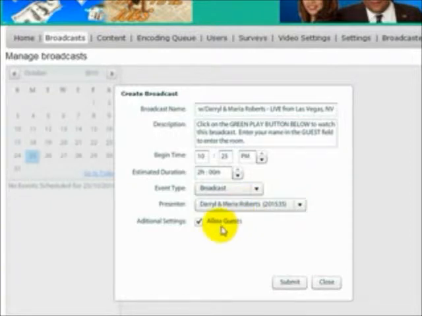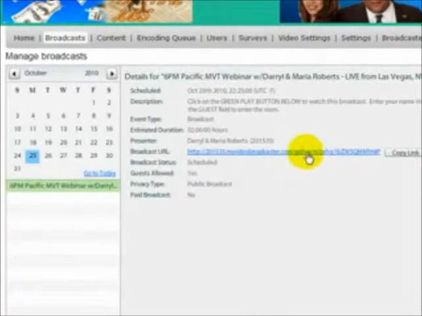Keep the presenter there, and also keep your settings. If you're going to have an audience and they're a public audience, just keep it at allow guests. Alright, pressing submit. Now this link here is a link that you could copy and you can send as